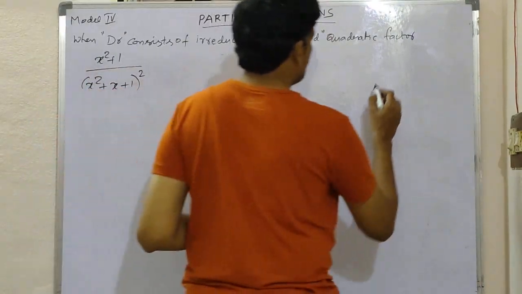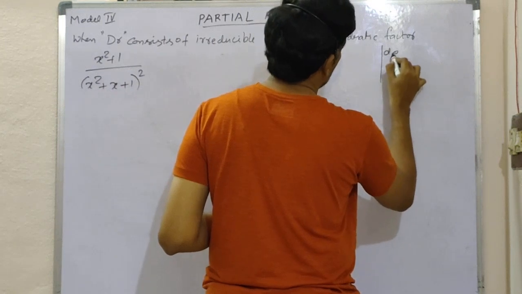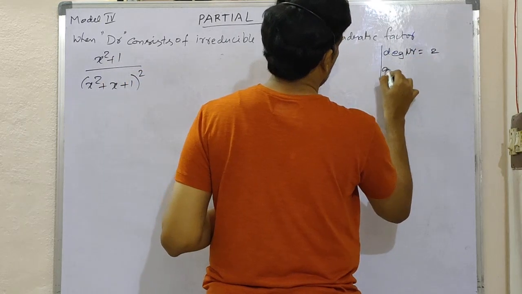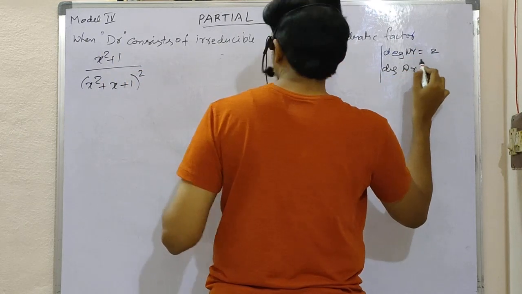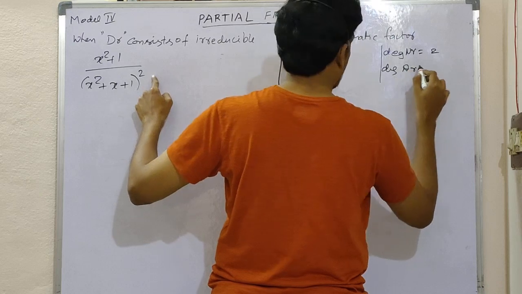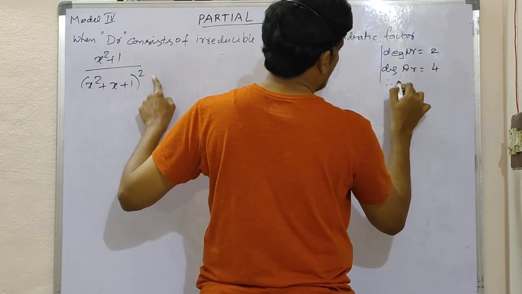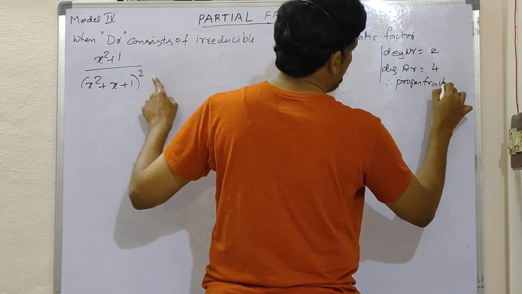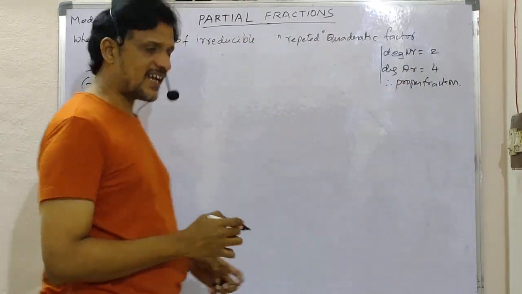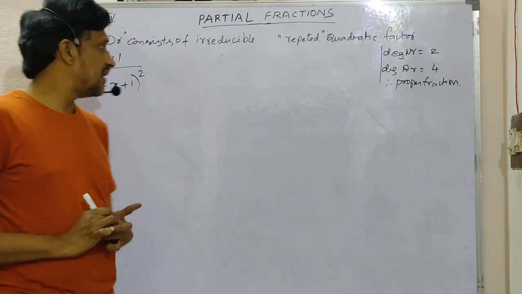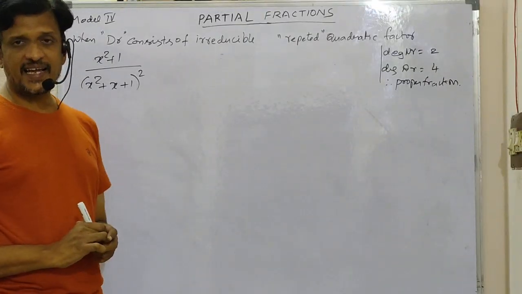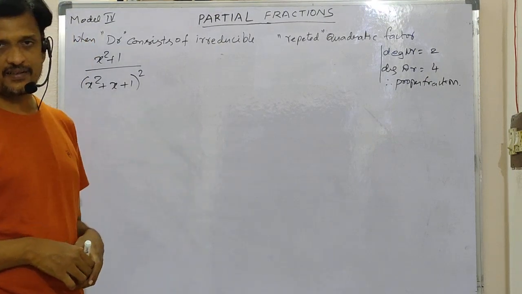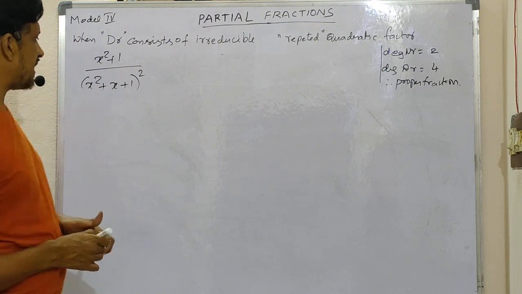So here also degree of numerator is 2, degree of the denominator is x square whole square gives x power 4. Therefore this is a proper fraction. So here you can write this as the sum of the partial fractions, but now the important thing is irreducible quadratic is there, but in the last model, third one, that is non-repeated, but here it is repeated. But it is also similar to the second type.